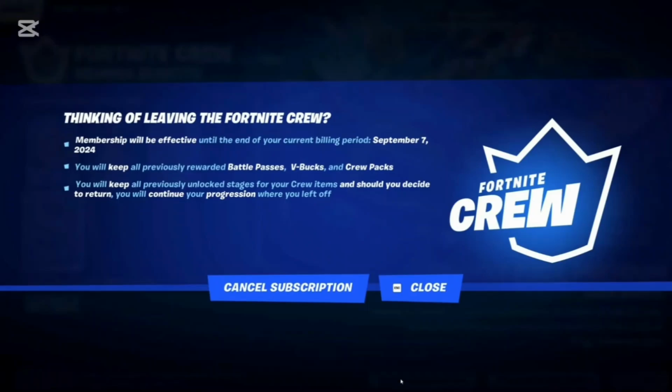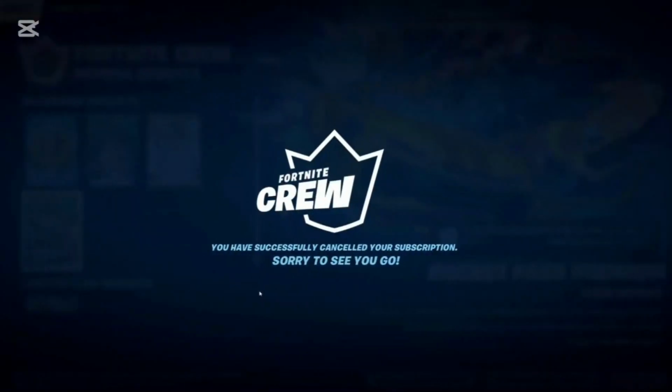Before that, you may just read the terms if you want, like the membership will be effective until the end of your current billing period, and you will keep all your previously rewarded battle passes, V-Bucks, and Crew packs. And you will also keep all the previously unlocked stages for your Crew items, and should you decide to return, you will continue your progression where you left off. So you just click on cancel subscription after reading that, and you'll be getting this confirmation that you have successfully